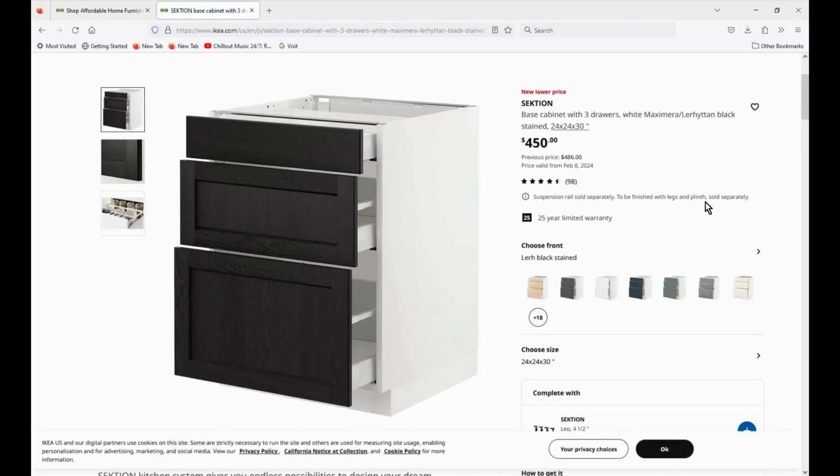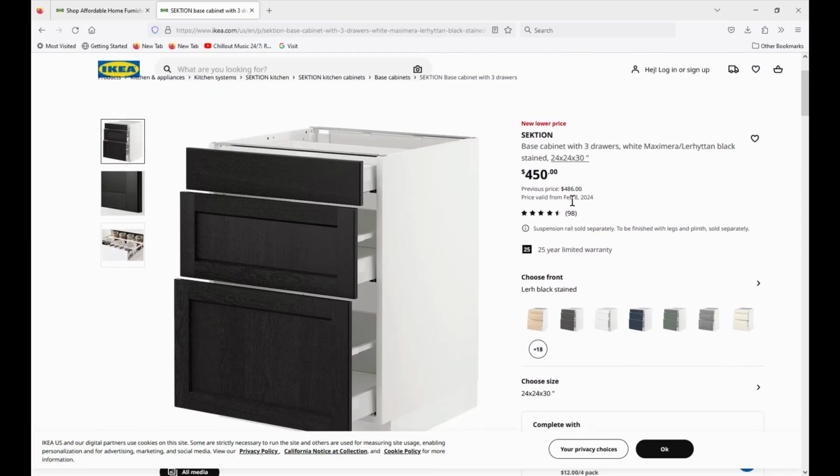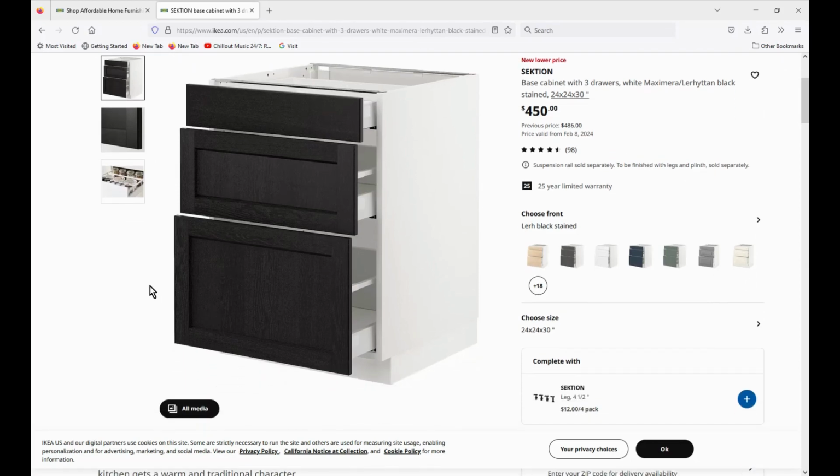So let's see here. This is the one we went with. Of course, it is an expensive cabinet, but by doing it yourself and not having a middleman involved, you save a ton of money. So that set, the Lurhattan, that's for the door style. A lot of the cost is in the doors. And then these are real wood doors with a high density MDF or particle board box structure, and it actually has metal pull-out drawers,